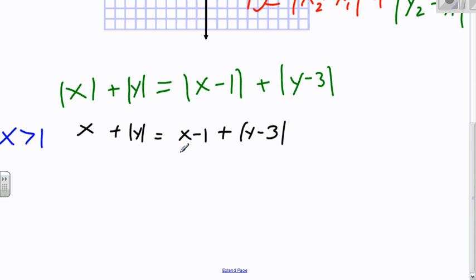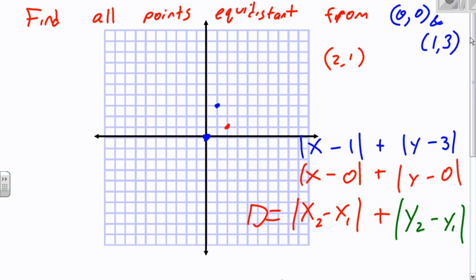So if we work on solving this, if x is greater than 1, tells us something about it. We can't just solve this outright, but if we go back to where we started, with the points,